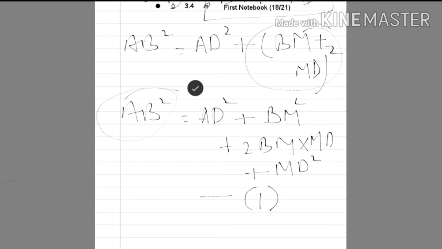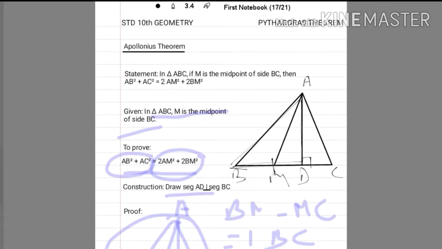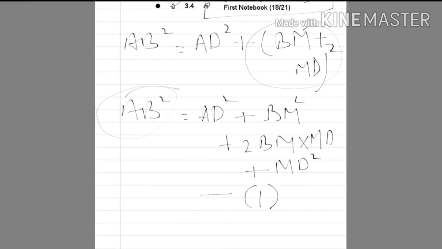Now we have to get the value of AC square. Now how will we get that? We can get that value by using this triangle, that is ADC, right? Because this is the hypotenuse for this triangle, so we will easily get the value of AC. And let's see how we are going to do that. In triangle ADC, we can write AC square is equal to AD square plus